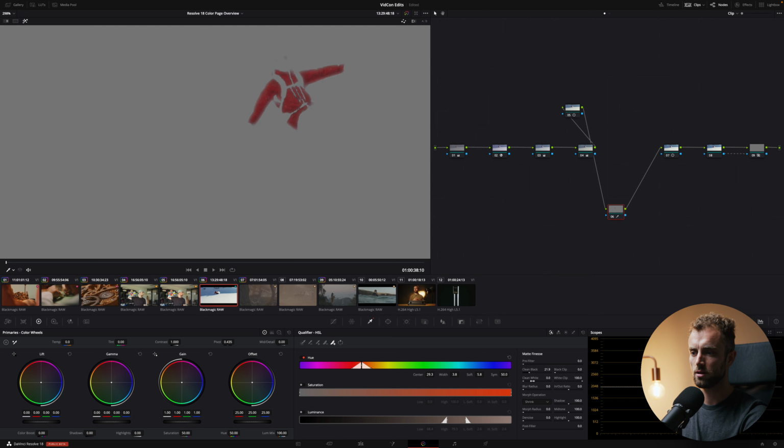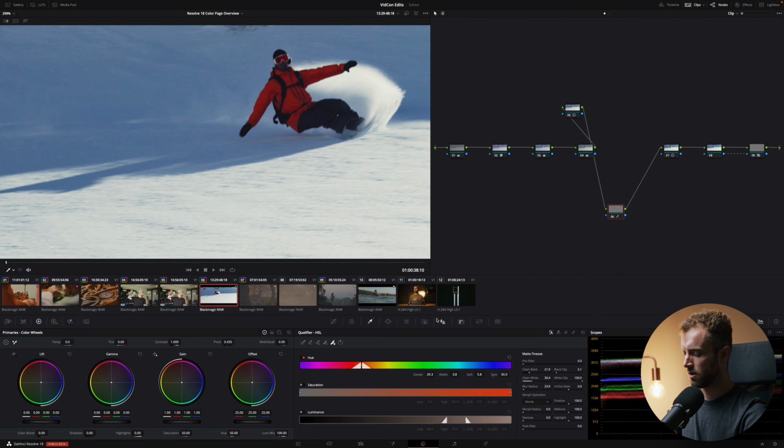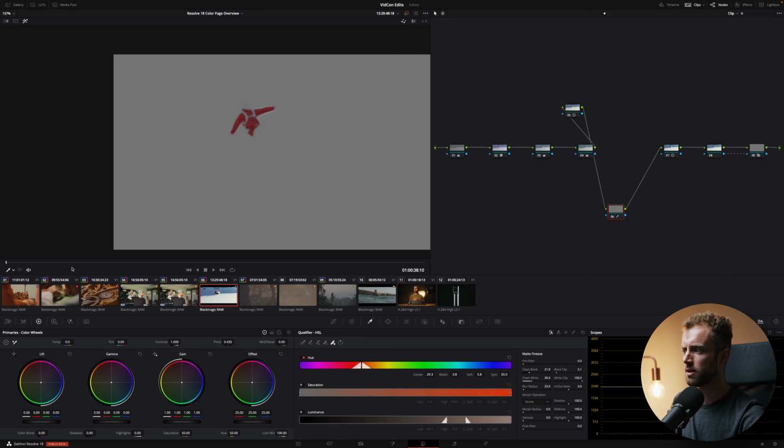Clean blacks, clean whites. You can blur it out a little bit, blur radius. And then, let's say this is an amazing selection. If we move over in the clip, you can see that it is actually selected perfectly because it is only focusing on the red color. All right, awesome. So that is the qualifier.